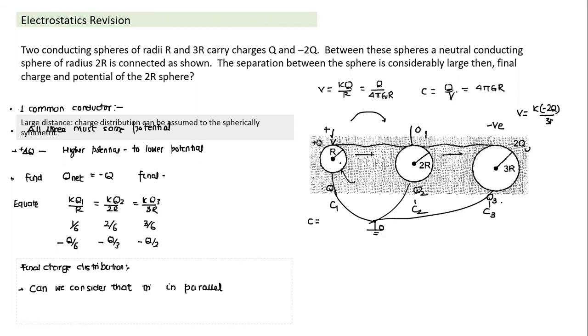The third point we can think of: this is the charge, and we can also think of the charge density, sigma 1, sigma 2, sigma 3. Charge is in proportion to radius, but charge density will be equal to charge divided by the square of the radius, so charge density is inversely proportional to R. Keep that property in mind. Wherever curvature is more, radius is smaller, and surface charge density will be higher. That we can also understand from this question.